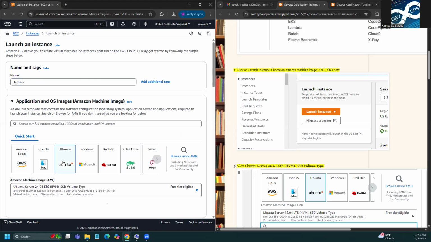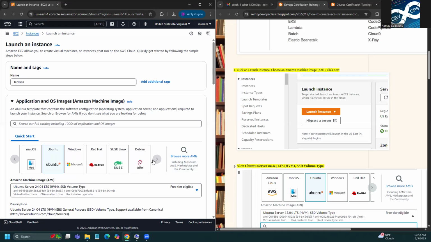We have different kinds of flavors. This belongs to Amazon. If you want to create a Mac computer on the cloud, this is Mac. If you want to create a Windows computer, this is Windows as well. You see Red Hat, SUSE Linux, Debian. All these are flavors of Linux. So if you are familiar with Linux, you should be able to